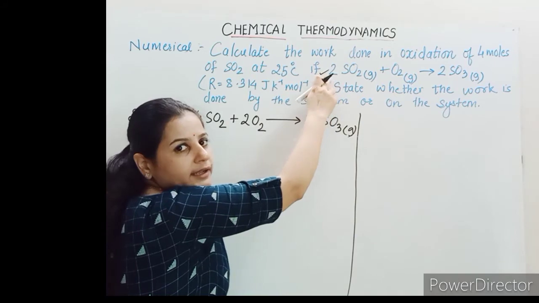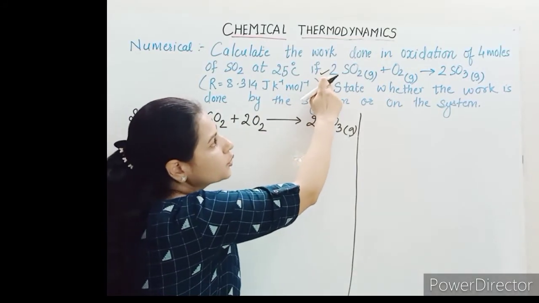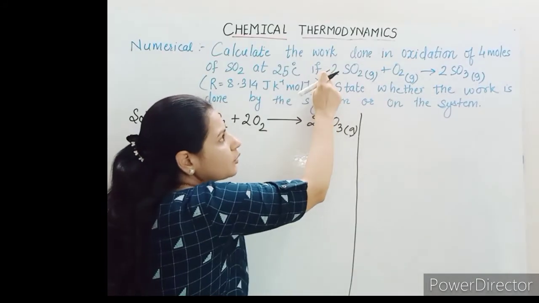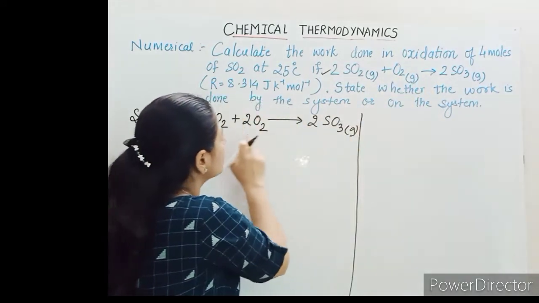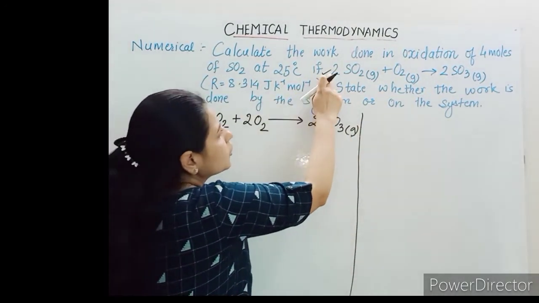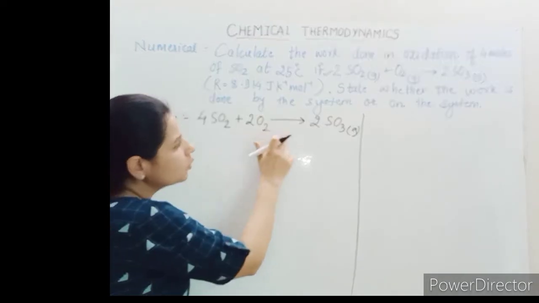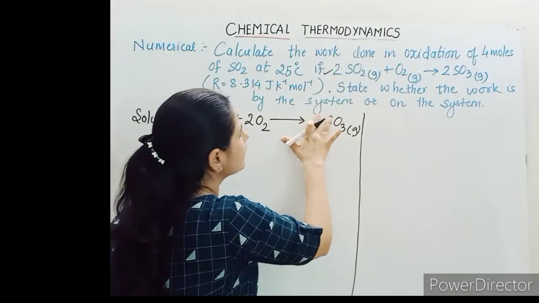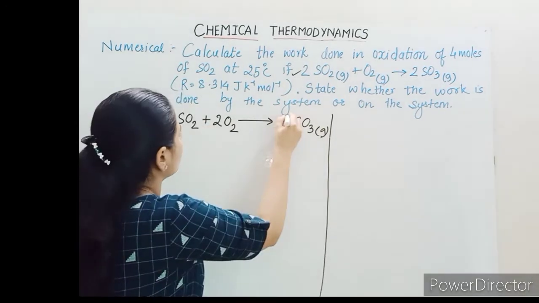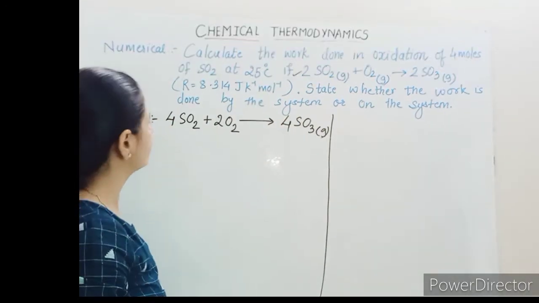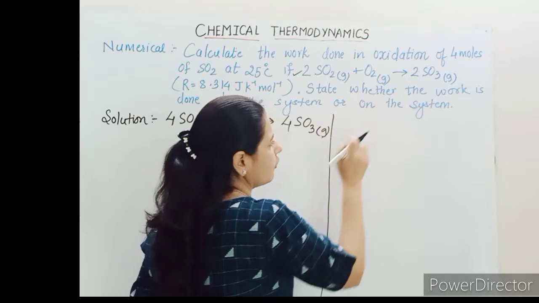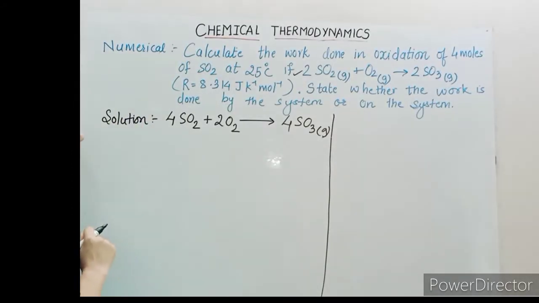बस हमें यहाँ क्या करना है? We have to double the ratio, क्योंकि 2 plus 1 अगर हम लेते हैं 2:1 में लेते हैं तो we get 2. तो यहाँ पे हम क्या करेंगे? 4 लेंगे, तो 2 की जगह 4, तो 1 का भी डबल करना पड़ेगा, that will be 2, and here it will be 4. Okay, this will be 4 SO3. Okay, तो ये आ गई हमारी reaction.